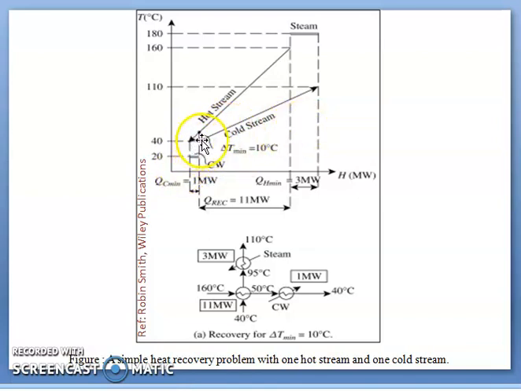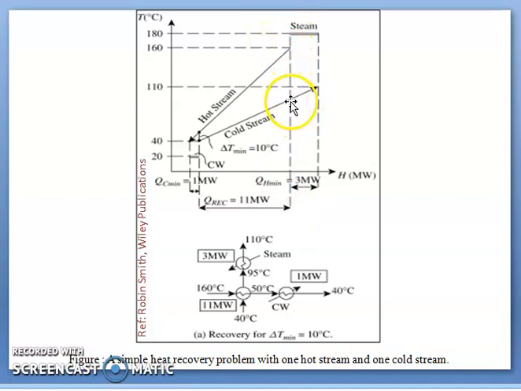And the cold stream is available from 40 degrees Celsius and it is heated up to 110 degrees Celsius as shown in the figure. Now if we consider the overlapping section between hot stream and cold stream, that is nothing but the possible heat recovery by coupling this hot and cold stream together in a heat exchanger. So possible heat recovery is 11 megawatt as shown here. So now the portion